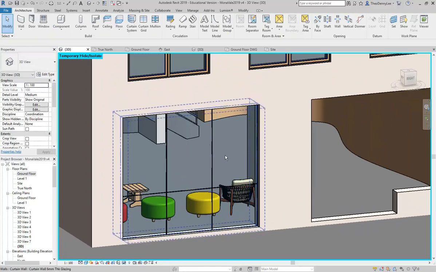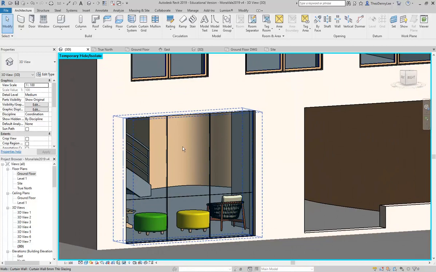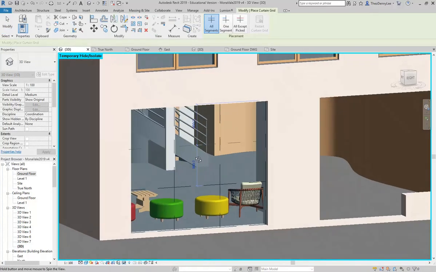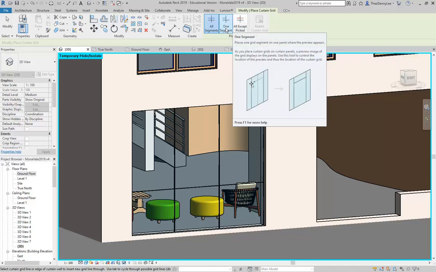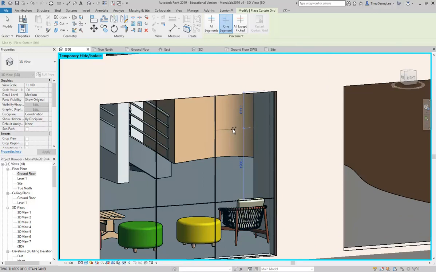And then, so maybe I want to make a bit of a pattern here. And again, back to the curtain grid tool. To make something a bit more interesting, you can try different options for the number of segments. So you can choose one segment. So I'll maybe place this one here, and yeah, let's get a bit of a pattern. So make that 900,